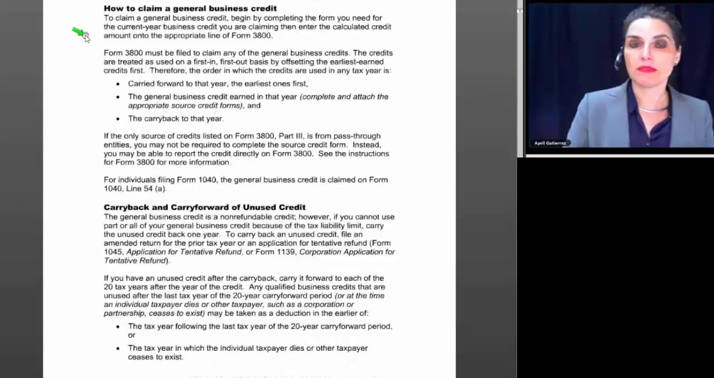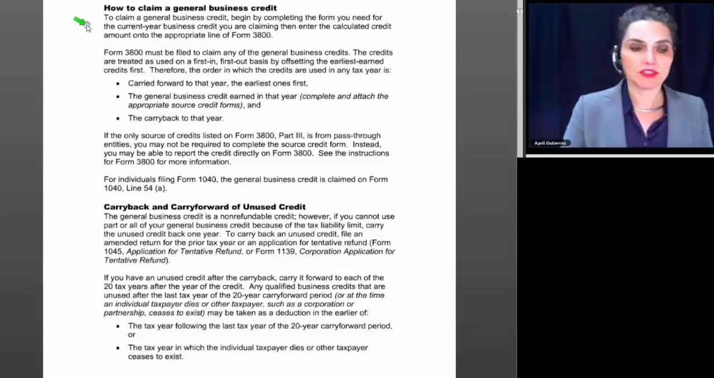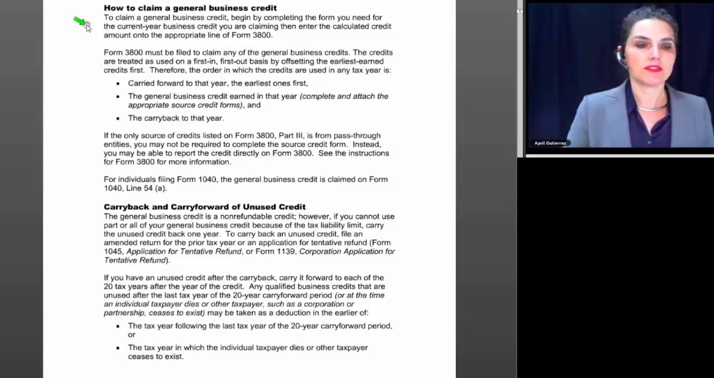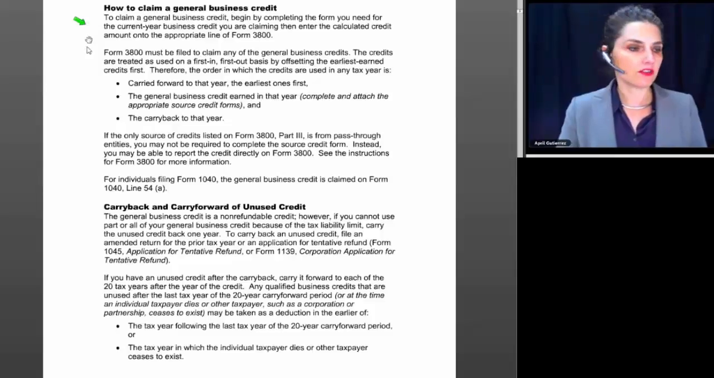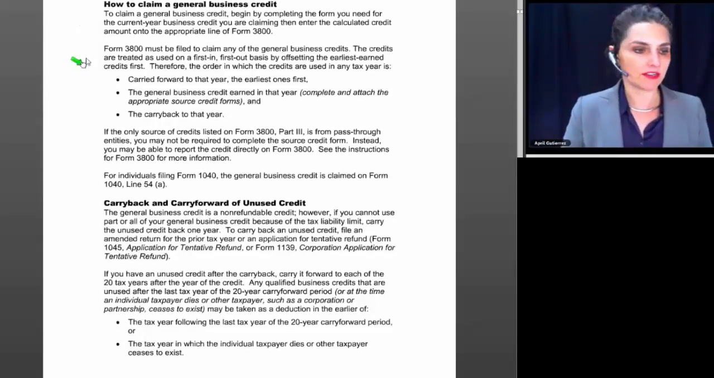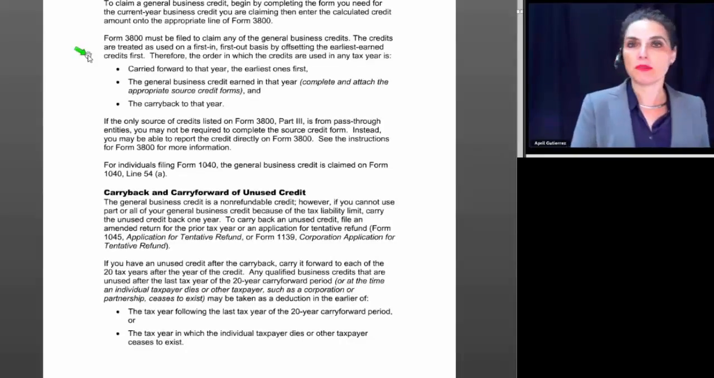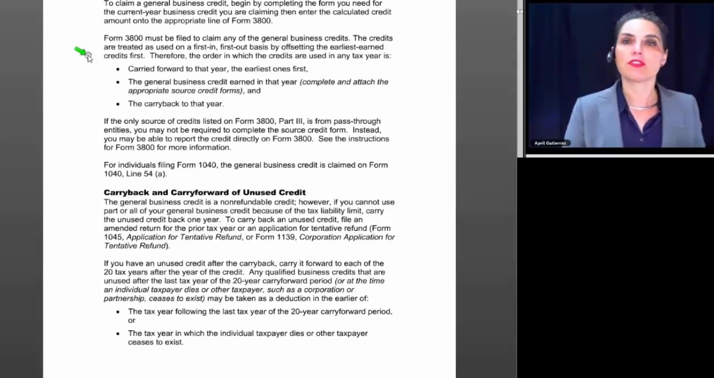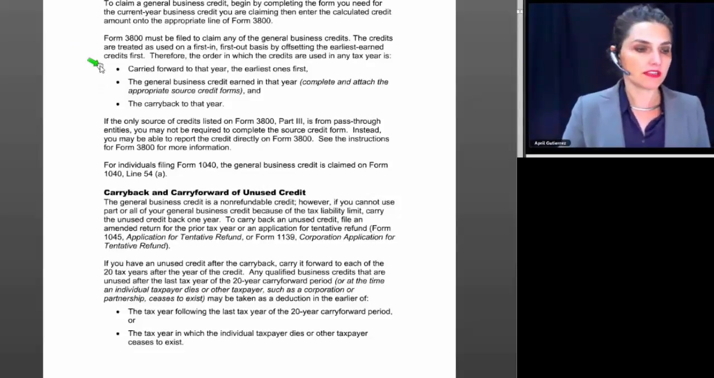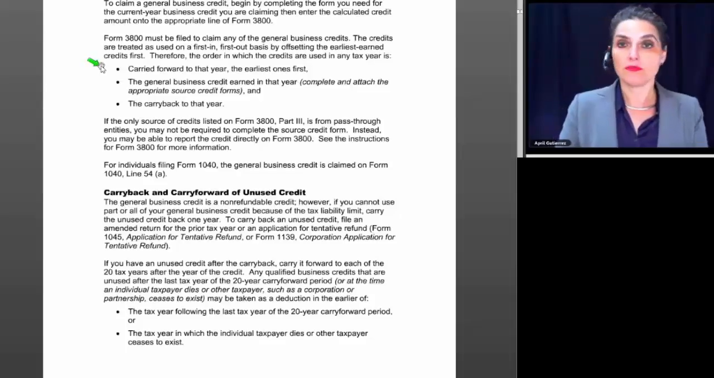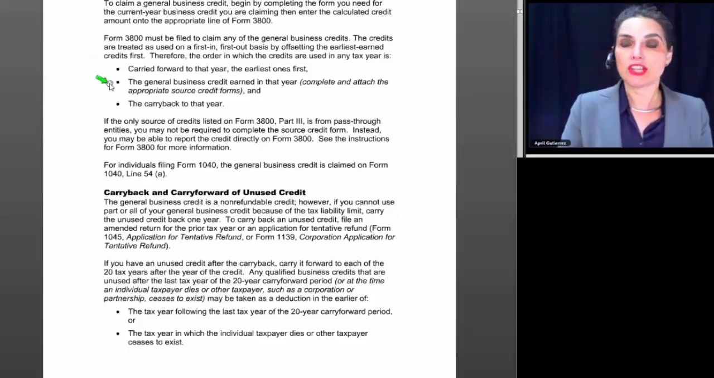So how do you go about claiming the general business credit? Well, to claim a general business credit, you begin by completing the form you need to figure the current year business credit that you are claiming, and then you enter the calculated credit amount on the appropriate line of Form 3800. Form 3800 needs to be filled out to claim any of the general business credits, and the credits are used on a first-in, first-out basis by offsetting the earliest earned credit first. Therefore, the order in which the credits are used in any tax year is carried forward to that year, with the earliest ones first, and then the general business credit that is actually earned or figured for the current year,